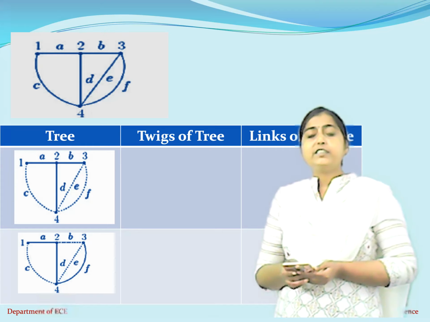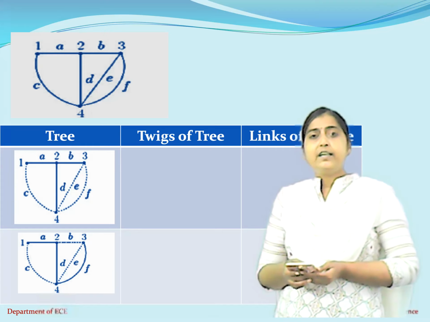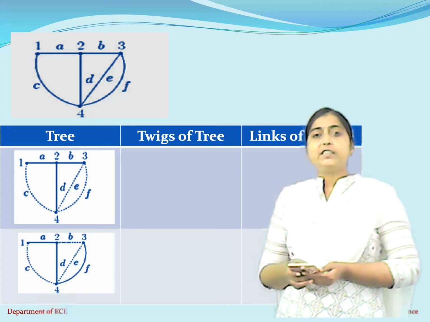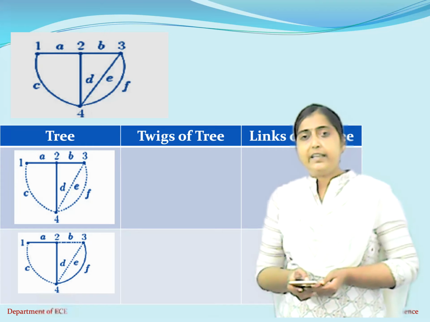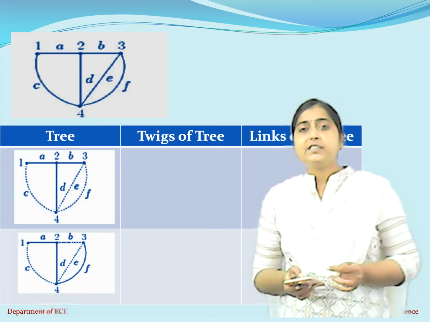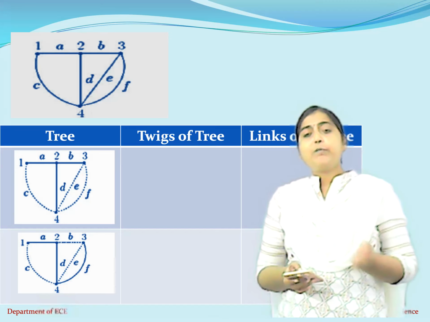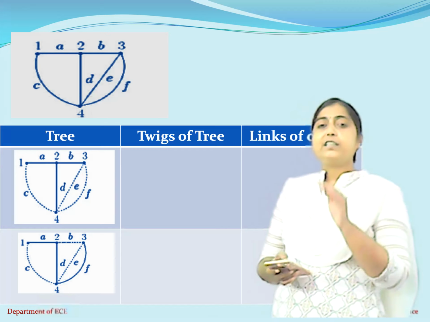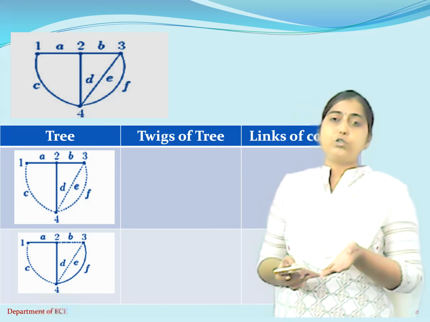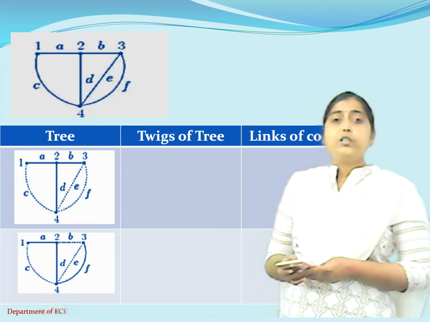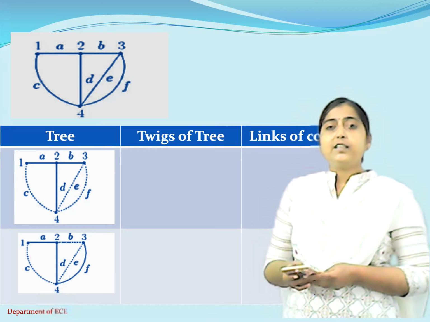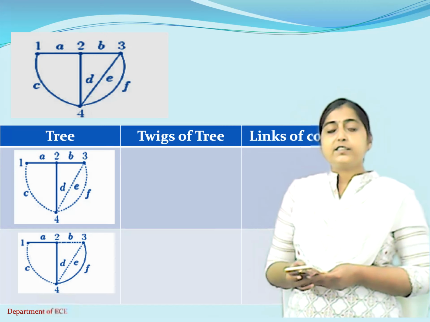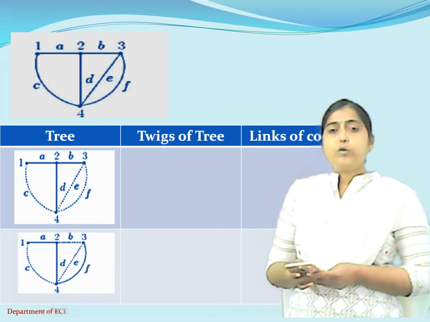Branch is always represented with a solid line and link is always represented with a dotted line. So a dotted line represents a link, which we are replacing back in order to make that open loop closed again. Such a term we call a link. So let us come back to this slide again later. So I'll go back.